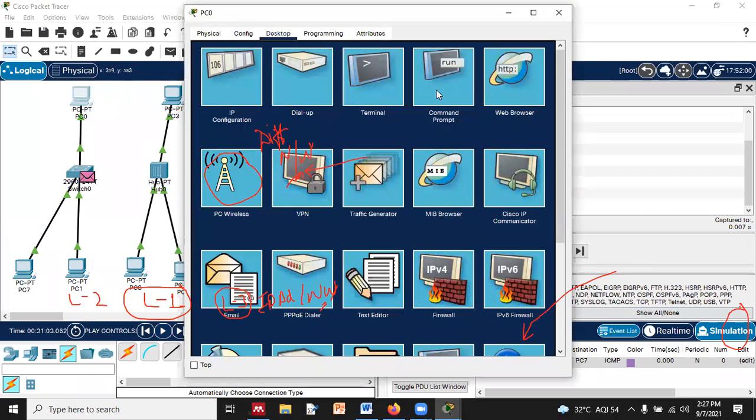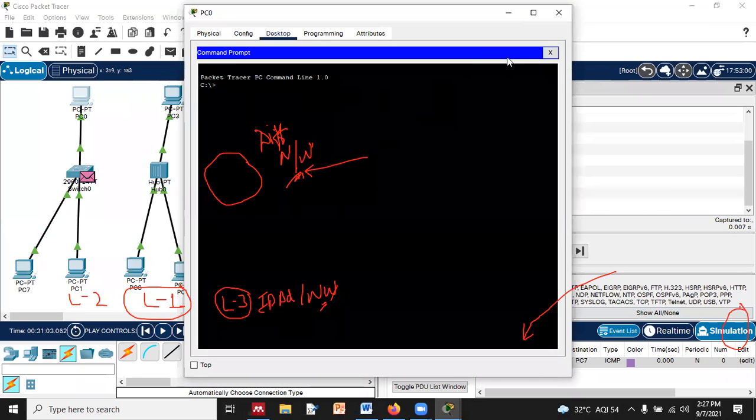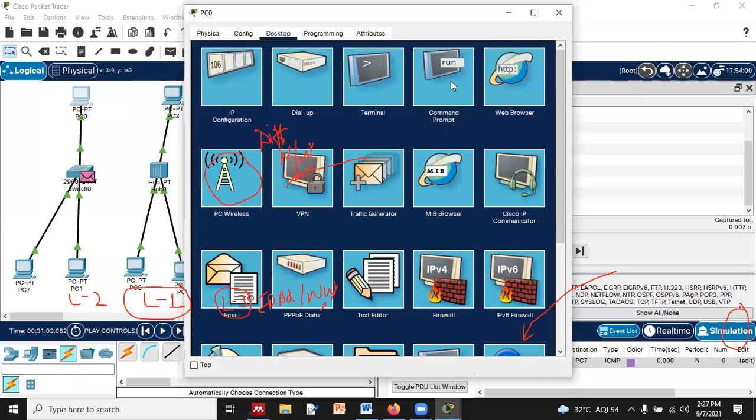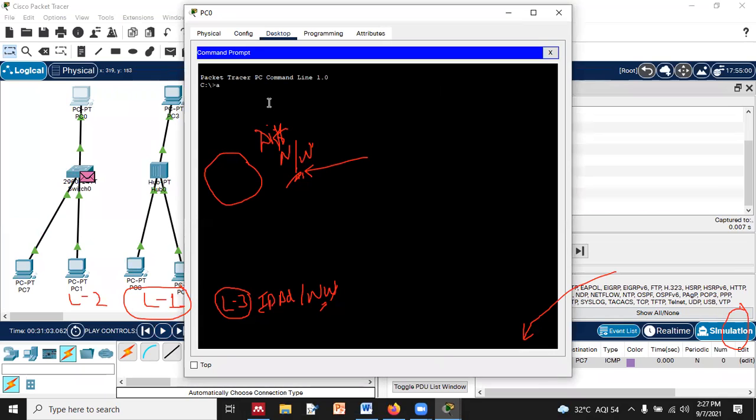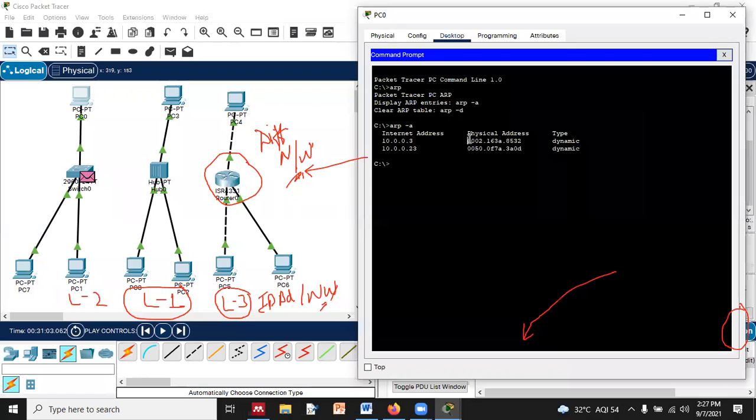Now you can see using the command line interface, when you go to one PC and click on command line interface, you will check ARP, and you will see it shows you the addresses over here, right? So this is the MAC address, the physical address, and this is the associated IP address. Now, if I clear all this, if I delete this again, you will see it will perform broadcasting and then unicasting. This is a 5 to 10 marks question